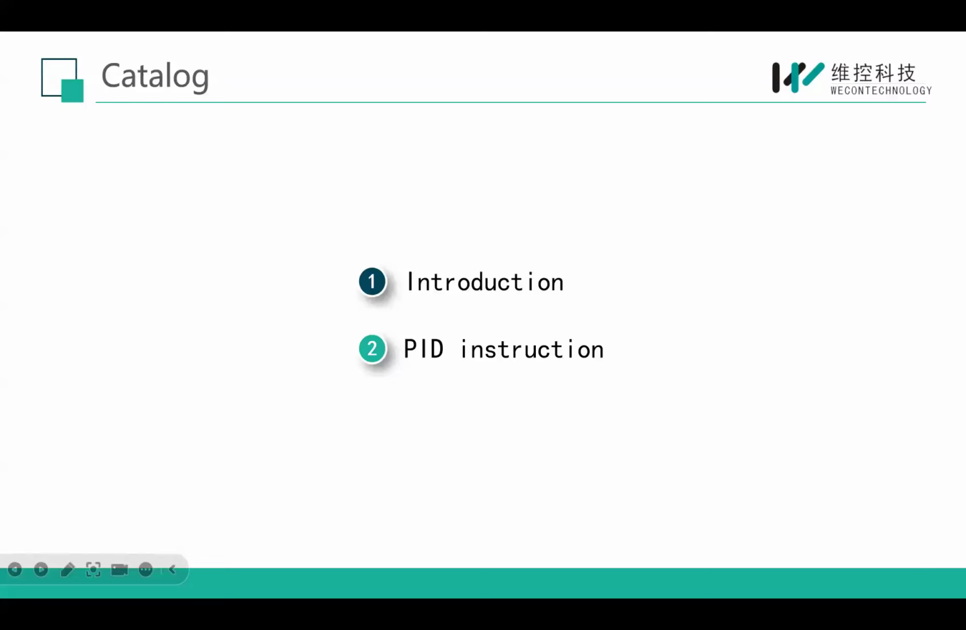Today's training is divided into two parts. The first part, I will introduce the PID control and what the relevant parameters mean and how it works. And for the second part, I will introduce the PID instruction in our PLC. I will show you in